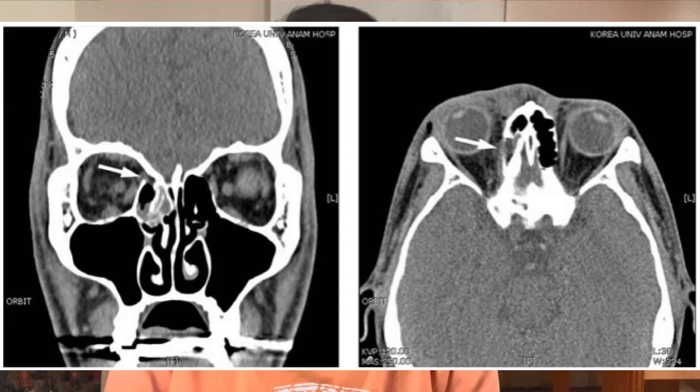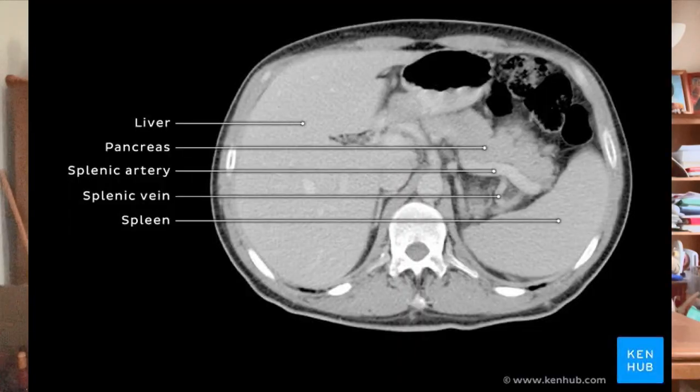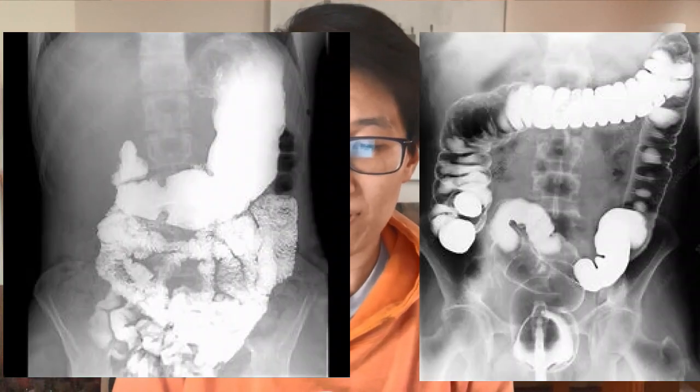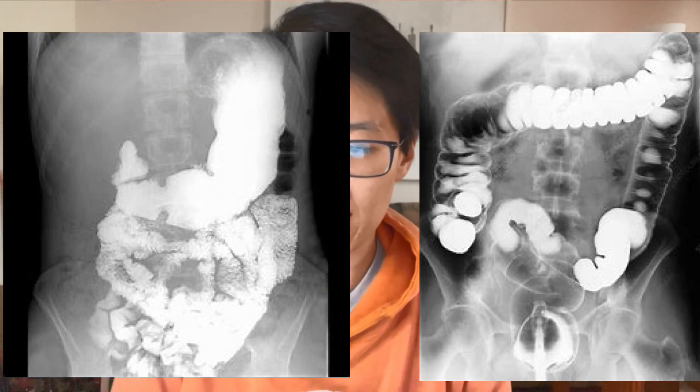A patient that has hoarseness post-thyroid surgery has an injury to the laryngeal nerve. Know how to find the superior oblique muscle on an MRI of the orbit. Be able to identify the splenic artery above the pancreas on an abdomen MRI. Be able to identify fluid in the costophrenic sulcus in a patient with congestive heart failure on a chest x-ray. Know how to separate the small intestine from the large bowel on a barium study.